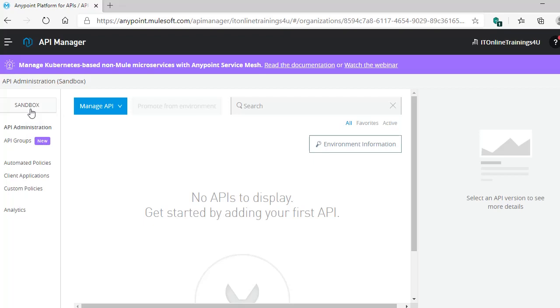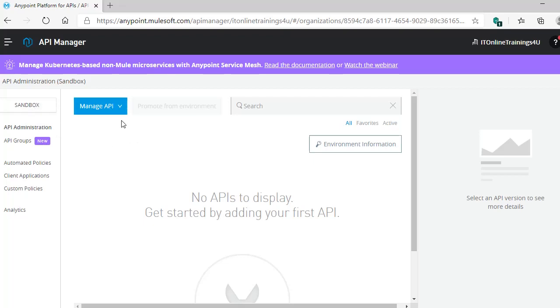So now I can see only sandbox and design environment here. I will discuss more on what are the different environments we can configure, and how to configure them at administration level, as a separate video. For now, just remember that we are creating an API in our sandbox environment.